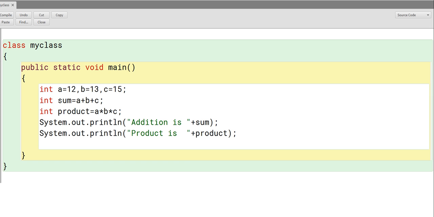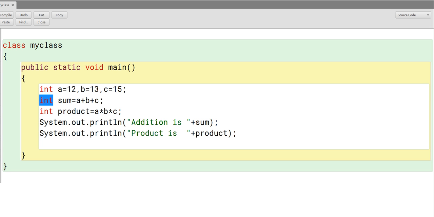So two things are important for all kinds of variables. First of all, its name: it should have a valid identifier, a valid name should be there, and it should have a proper data type. Without a data type, the variables will not be accepted. So if you are using a decimal value, you have to use the double data type in place of int. If you are going to use a character value, you have to use the char data type in place of int. So first of all, you should decide which kind of value you are going to save inside the variable. Accordingly, you have to declare the proper data type.